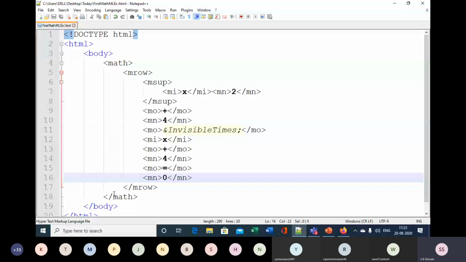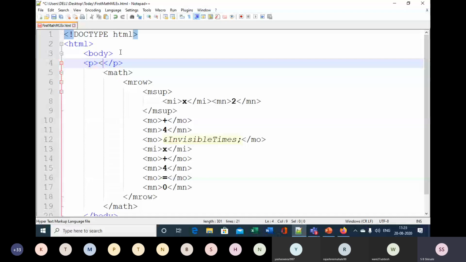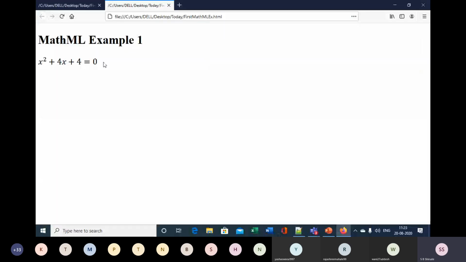For example, suppose I put here the paragraph element, then an H2 and give MathML example, insert some hypertext and then run it. So you will find MathML example 1 and then x square plus 4x plus 4 is equal to 0. So likewise, you can do it.